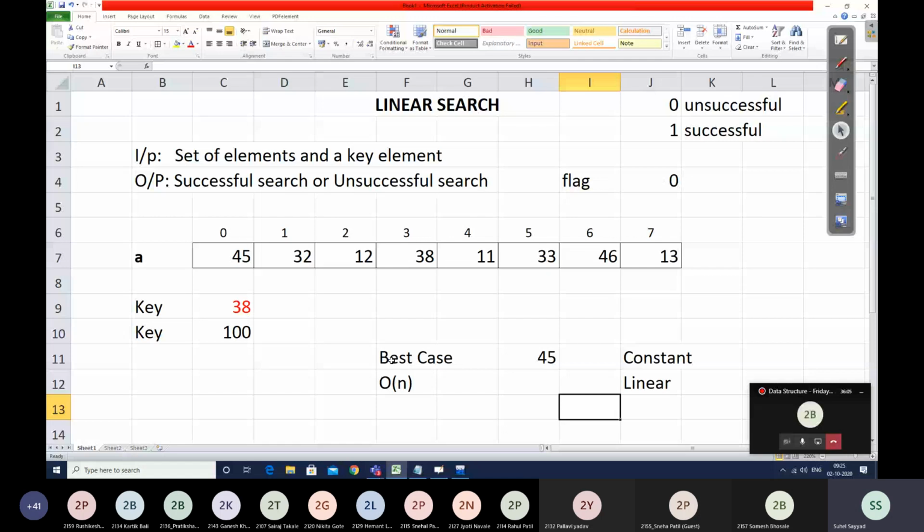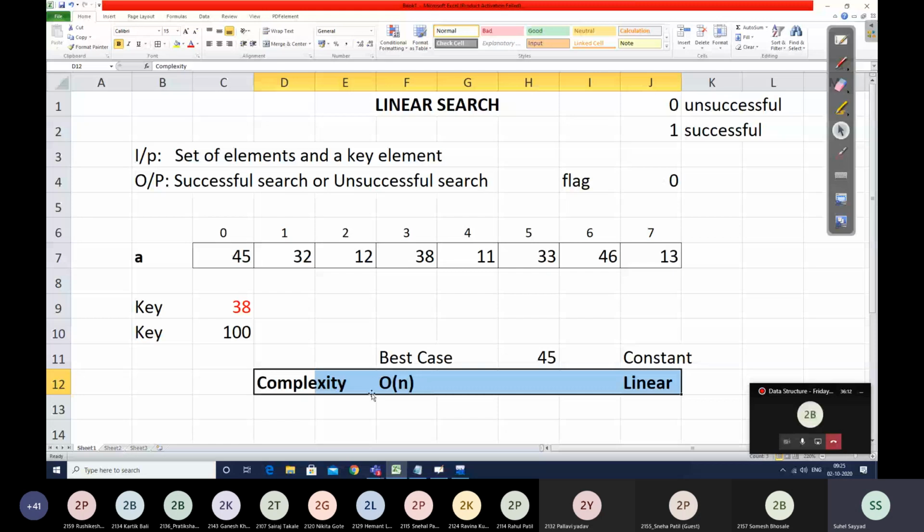Do you understand this, my dear students? Why is it linear? Because for n elements, I will be making at the most n comparisons. I may require less than n, but at the most I'll require n comparisons, not more than that. I indicate that with big O of n.